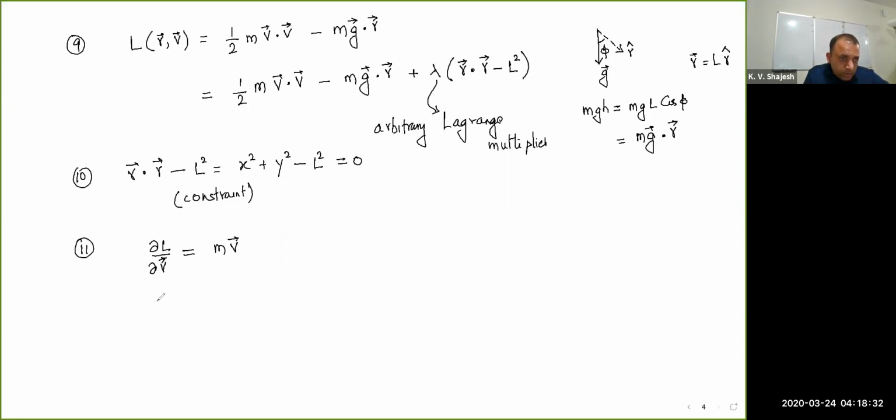And dL by dr now, that's your generalized force. This is generalized momentum. Momentum is the same. Generalized force now gets two terms. Earlier it would have got the contribution only from the gravitational potential energy, but this time it gets a contribution from the constraint term that has been introduced as Lagrange multiplier. So the generalized force now is minus mg